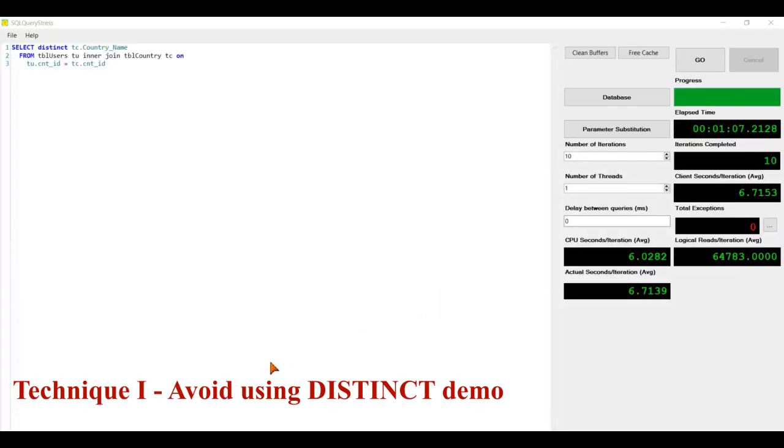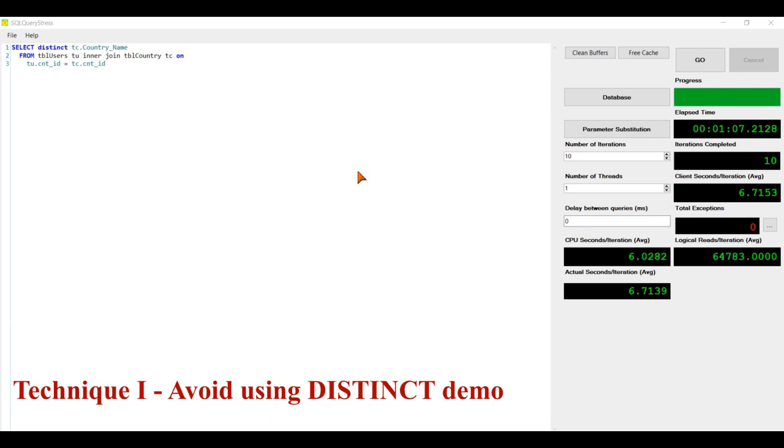Here you can see that we are using the distinct clause first. The query which is there is a simple join. We have just used the distinct clause, and we want to filter out the records which are repeating, so they have to be unique. Now you can see I have considered 10 iterations. The same query you can consider equivalent to running 10 times.